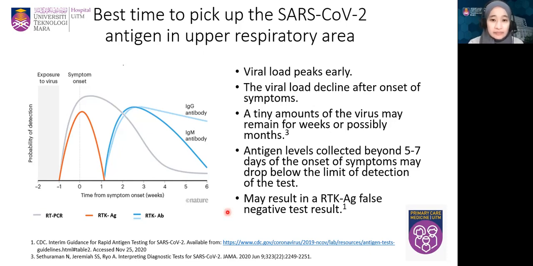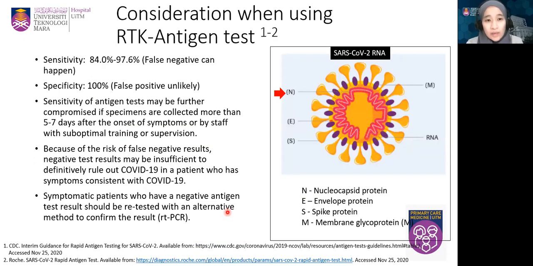All right. Now, what are the considerations we need to think about when we perform the test and interpret the test? We know that the sensitivity is 84 and 97. The highest sensitivity can be reached when the person who performed the test is skillful and competent in doing so, and that the test is done when the patient comes to us at the very early of their symptom onset. The moment they come to us,